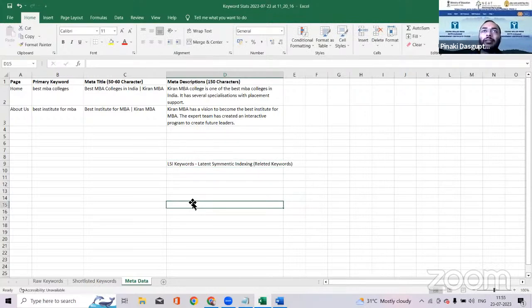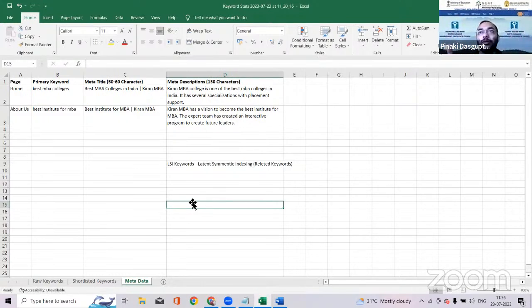इसका एक अच्छा एग्जाम्पल मैं देता हूं, जैसे बेस्ट बिरयानी इन कोलकाता। ये तो मेन कीवर्ड हो गया, मैं सर्च कर रहा हूँ। मगर इसका कोई गारंटी नहीं है कि लोग सिर्फ यही कीवर्ड सर्च करेंगे। लोग बहुत सारे कीवर्ड सर्च कर सकते हैं, जैसे बेस्ट हैदराबादी बिरयानी, बेस्ट मटन बिरयानी, बेस्ट चिकन बिरयानी, बिरयानी रेस्टोरेंट्स नियर मी। मेरा कीवर्ड था बेस्ट बिरयानी इन कोलकाता, मगर इसको मैं डिफरेंट वे से भी रिप्रेजेंट कर सकता हूँ: मटन बिरयानी इन कोलकाता, हैदराबादी बिरयानी इन कोलकाता, चिकन बिरयानी इन कोलकाता, अफोर्डेबल बिरयानी इन कोलकाता। सो देयर, बिरयानी इन कोलकाता इज द मेन टर्म, मगर इसको मैं डिफरेंट डिफरेंट कीवर्ड के साथ मैप कर सकता हूँ।